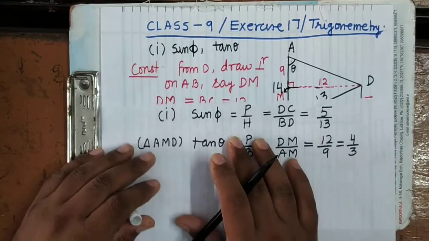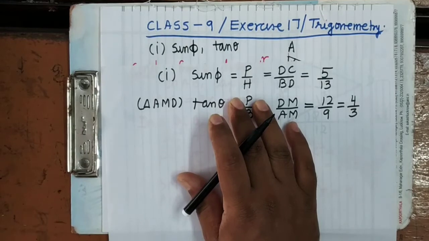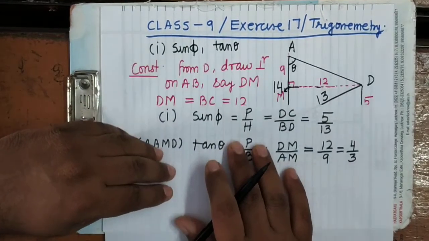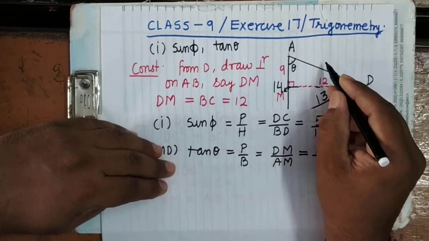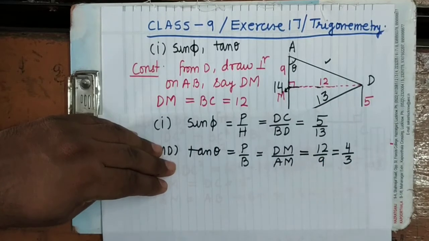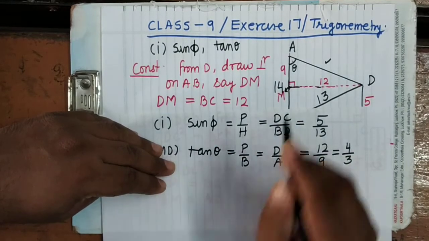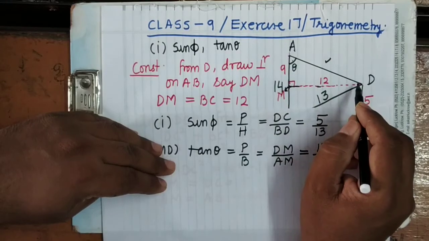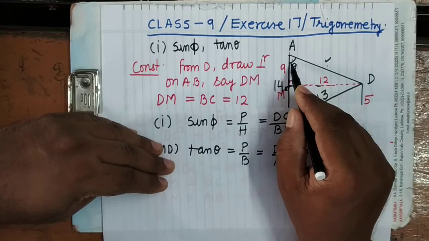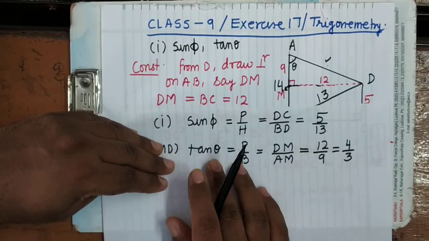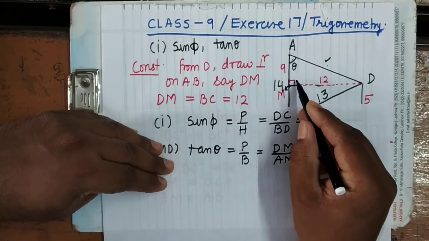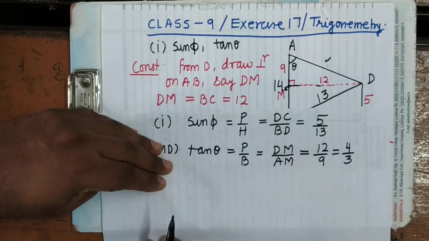Now, see here, in the next part you have to write an expression for AD in terms of theta. You have to find this value. We will not use Pythagoras theorem, because the question specifically says to find AD in terms of theta, though by Pythagoras theorem we could get its length. Now, AD is with respect to theta. What is AD? AD is the hypotenuse, because it is in front of 90.